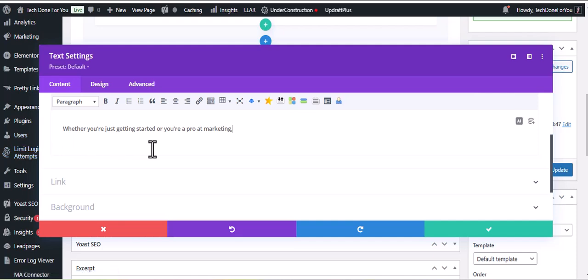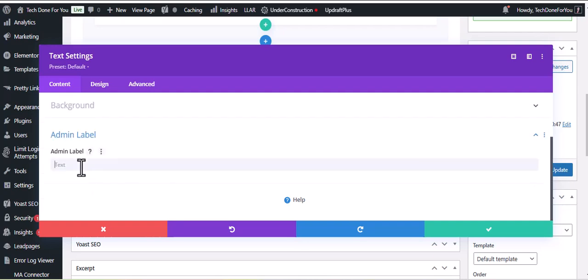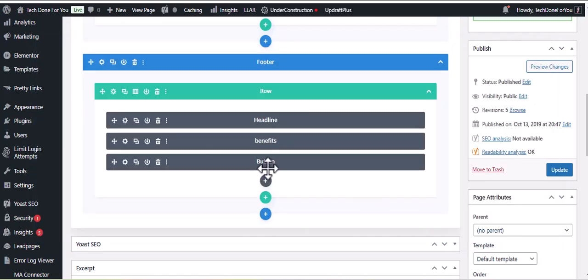So whether you're just getting started or you're a pro at real estate investing, investor marketing, time and money, just something about the benefit. I don't know. All right, and the button,